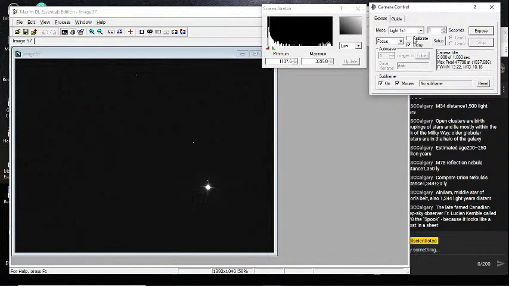Now it doesn't look like there's anything here, but what we'll do is, we won't bin it. It makes it too bright, but we'll make it 30 seconds. And single. My goal is to see enough of it so I can pop that star out of the field. I've tried to go deep on this before with that star in the field. It actually tends to crash the computer because the star is so bright compared to what we're looking at. It messes up the software.